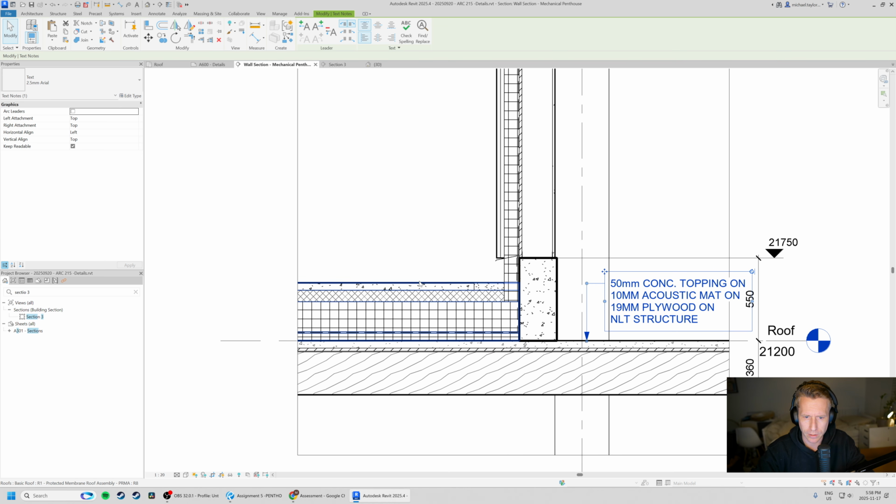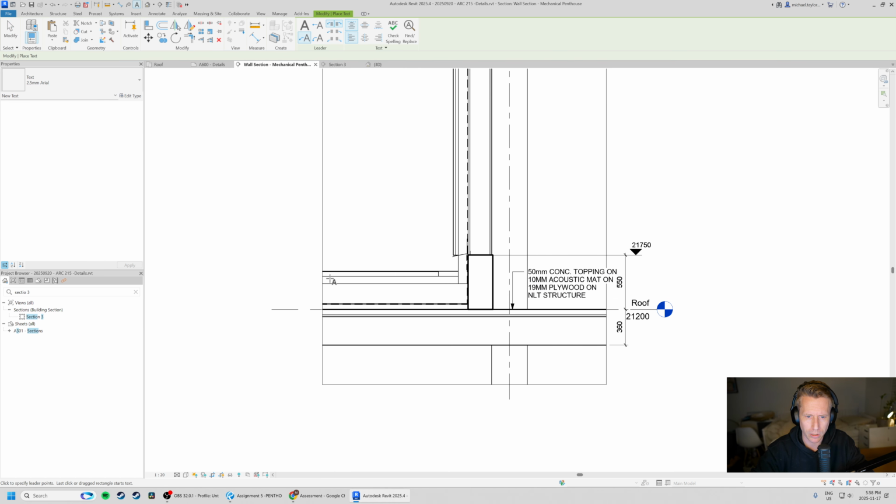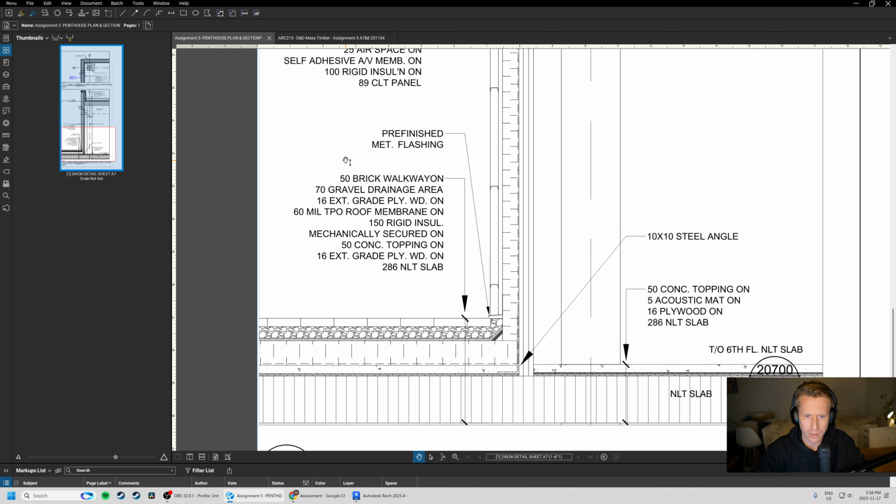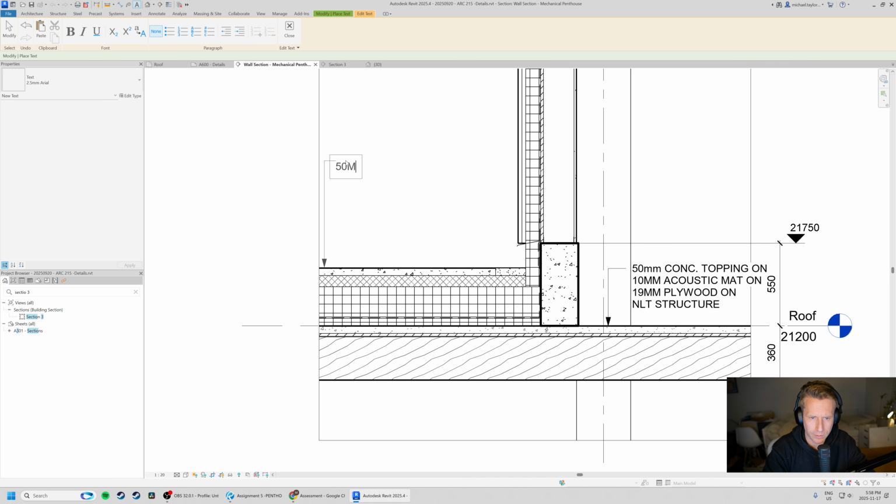So similar thing. Let's jump over here. I'm going to do create similar. And I need a little bit more room here. We got 50 millimeter precast paver on, I think I did 75 millimeter gravel. Whoops. On, I think I got 200 millimeter insulation on a roofing membrane